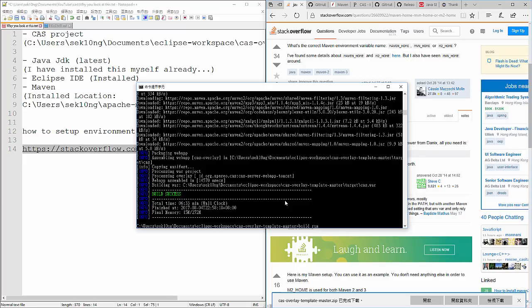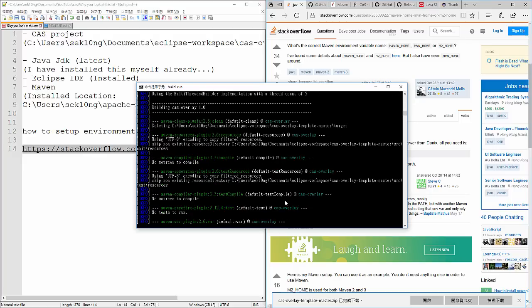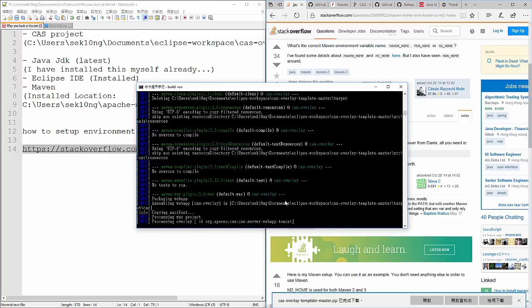But build run will also trigger build package. So normally I would just type build run. Why not? So you just type build run, and normally you can run this application.